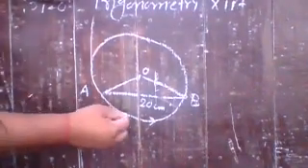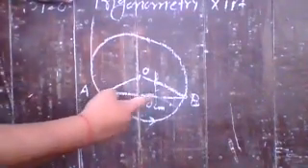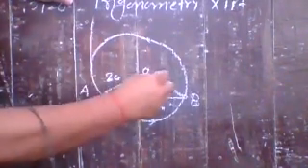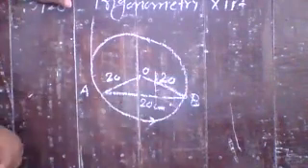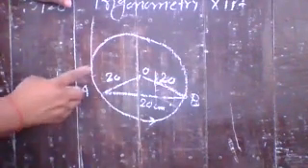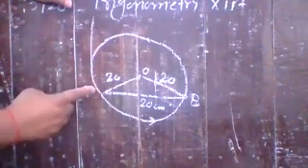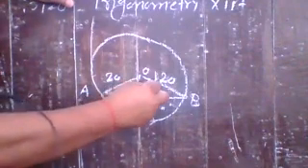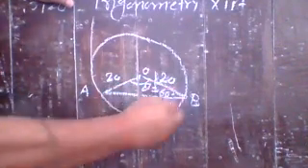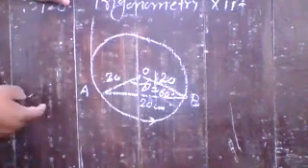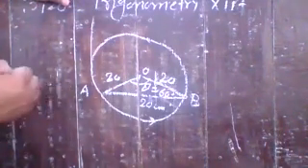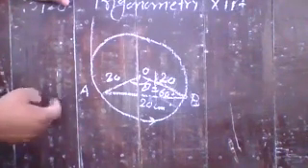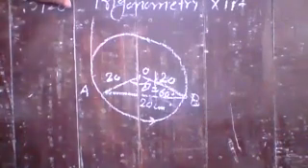So here you see, the diameter of the circle is given 40 centimeter. So its radius is 20. So OA is 20 centimeter and OB is also 20 centimeter. Now, triangle AOB is an equilateral triangle. So you can say this angle theta is 60 degree. So in radian, its value is pi by 3. Okay. So theta is pi by 3.